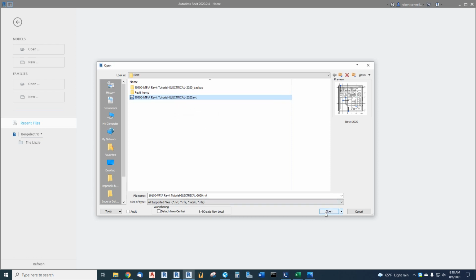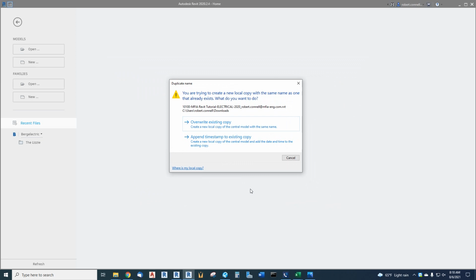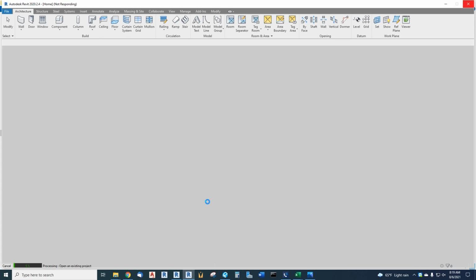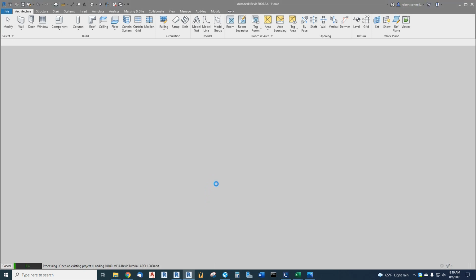Tutorial, there we go. Create new local and override existing. Same as before. We left off having put in some electrical fixtures or devices like receptacles and quad receptacles and equipment connections and motor connections. So the next natural workflow for an SD or DD set would be to